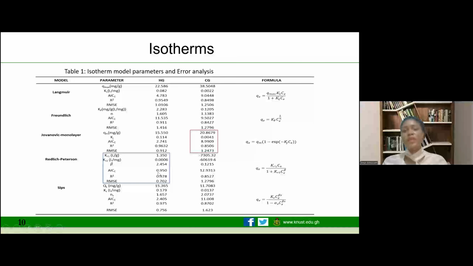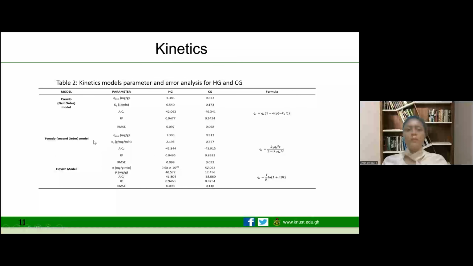Like I said, pH played a major role. We speculated adsorption interactions such as hydrophobic interactions. For CG, electrostatic interactions were involved, and pi-pi stacking interactions were involved as well. Both Hg and CG contact time data fitted the pseudo first order kinetic model, showing that the reaction was mainly a physical adsorption that took place.